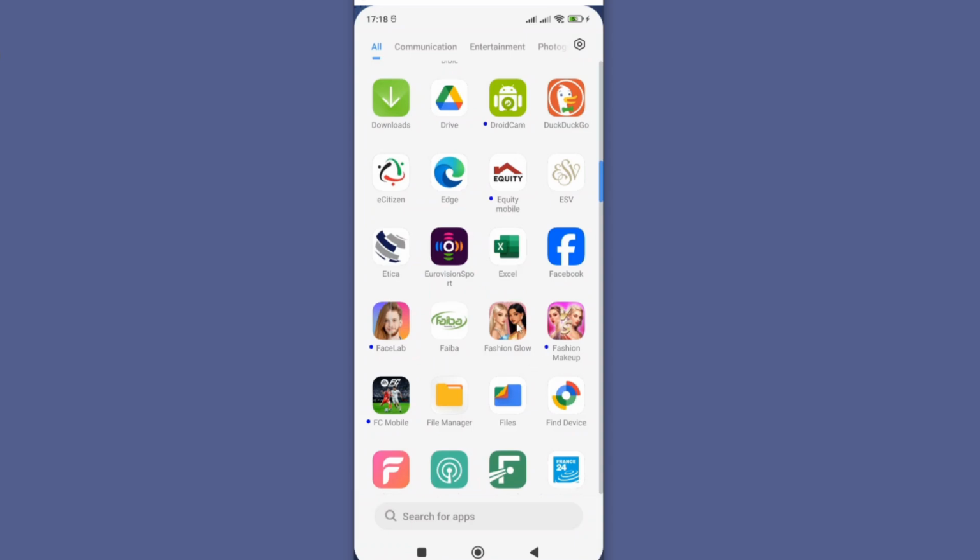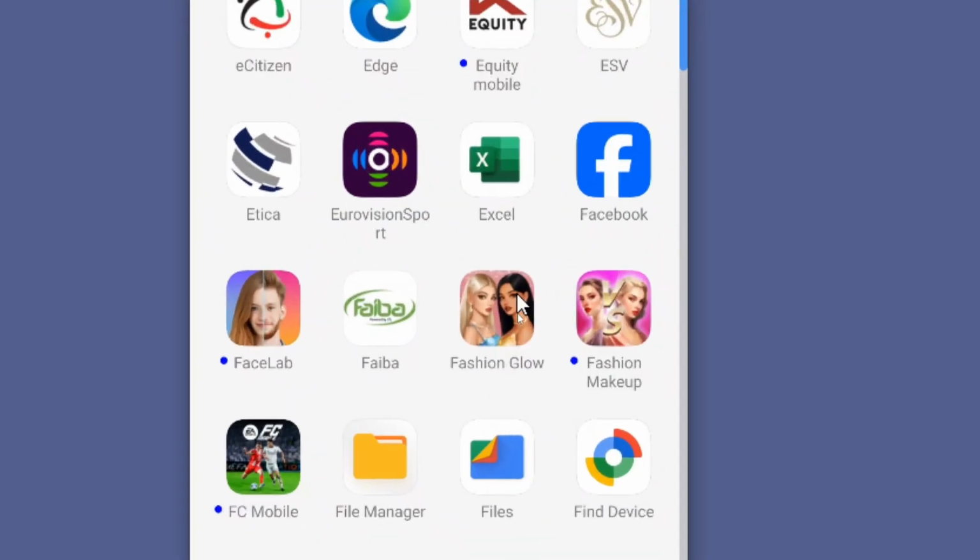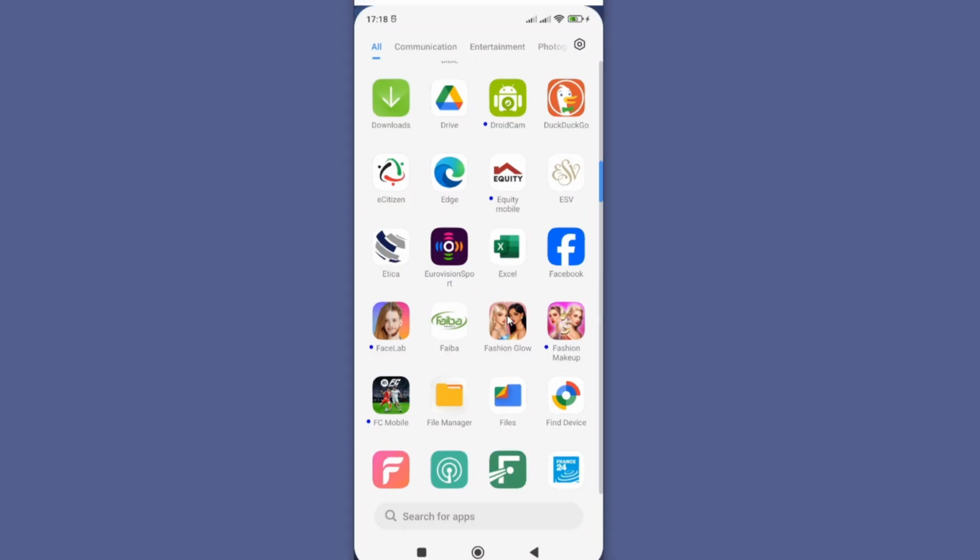In this video, I'm going to show you how you can troubleshoot the Fashion Glow app. So if you are experiencing any challenge with this Fashion Glow app, maybe the app is not responding, it can't work, or it keeps on crashing, or it is too slow, then let me show you how you can fix